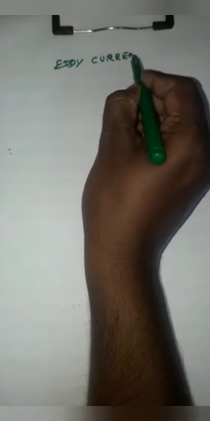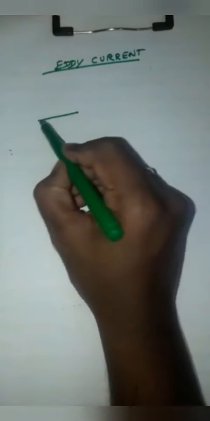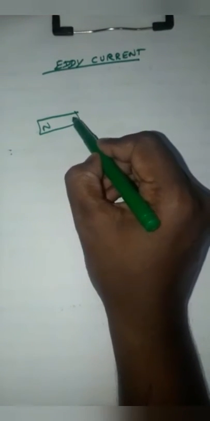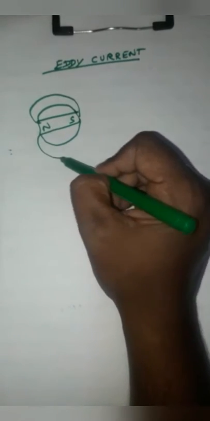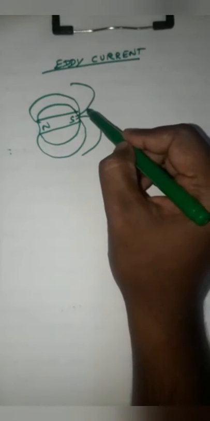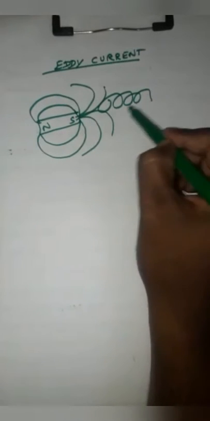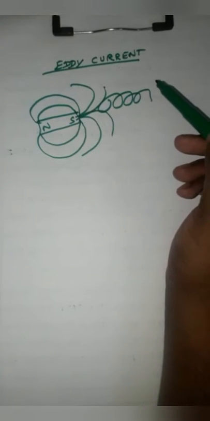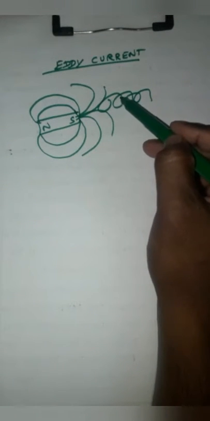Dear students, now we're going to see the next topic, eddy current. Normally, the magnet has a north pole and a south pole containing magnetic lines of forces. When the lines of forces link with a coil, it produces an induced EMF. So we learned that when the lines of forces link with the coil, it produces the